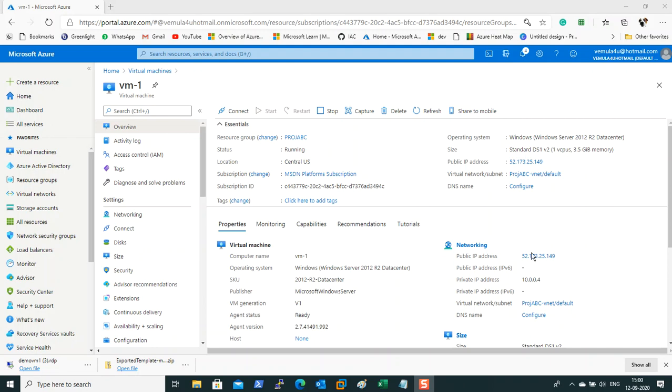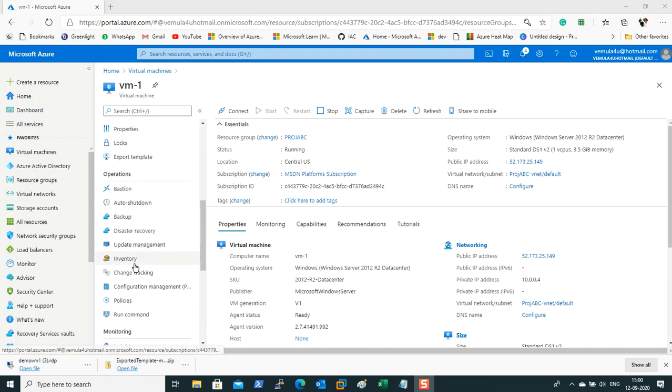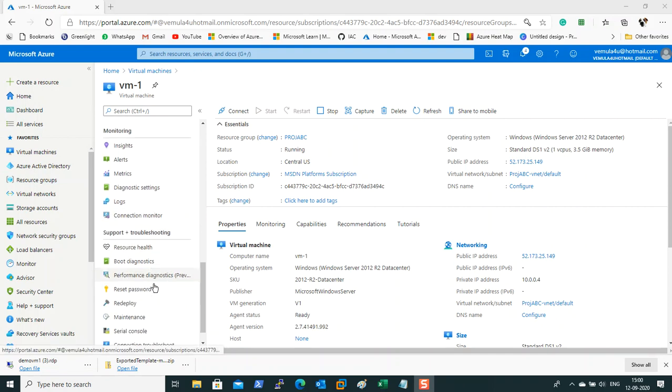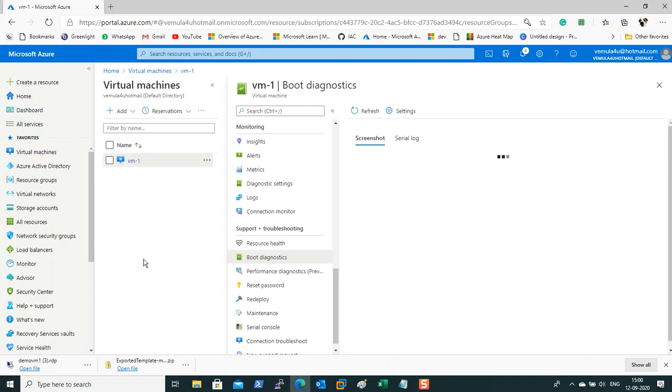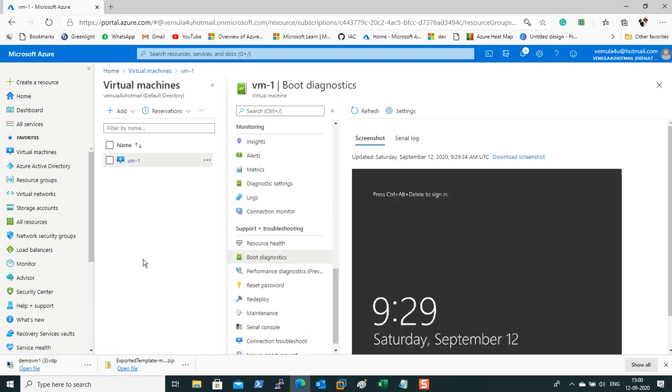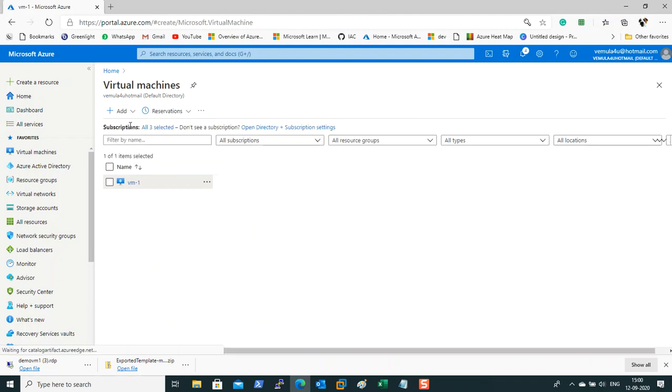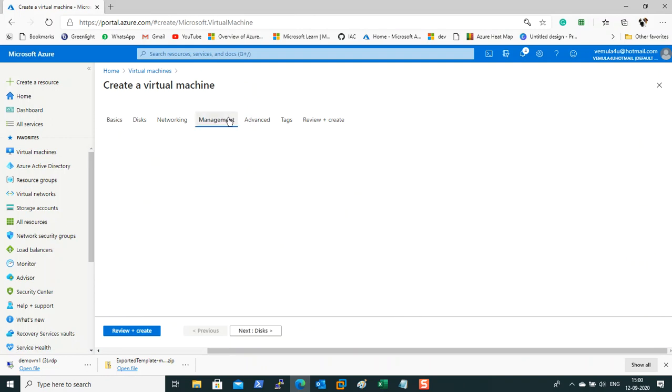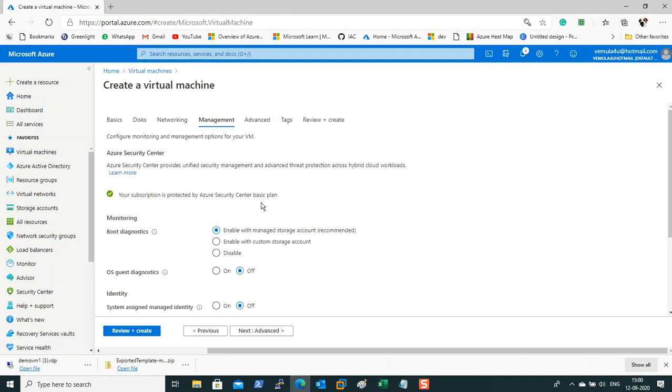Azure provides something called boot diagnostics, which needs to be enabled during the creation of the VM, or it can also be enabled after the VM is created. During creation, in the management blade, you will see an option called enable boot diagnostics. You can go with enable with managed storage, or you can enable it with a custom storage account.